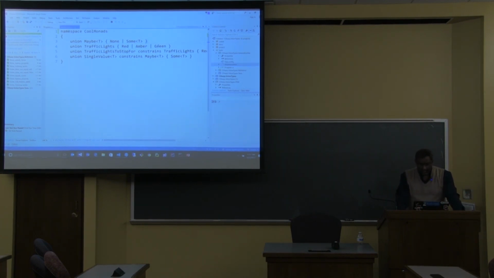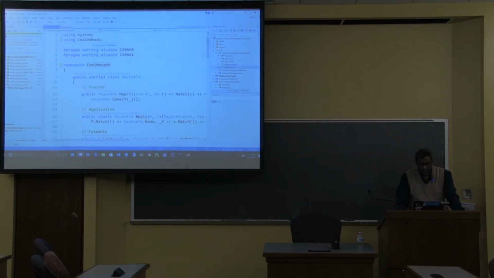And so if I now save this, let me say that instead of cool monads, I'm going to call this LambdaConf. It's going to generate something, and my program, which is using cool monads, is going to break now because cool monads isn't there anymore. But I'm going to call this LambdaConf.